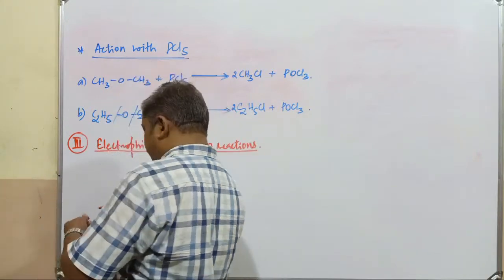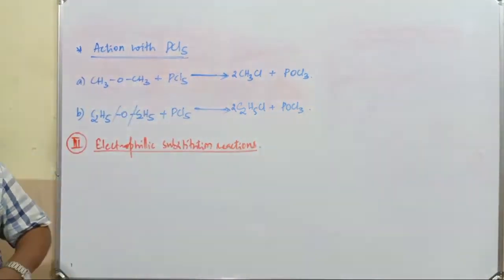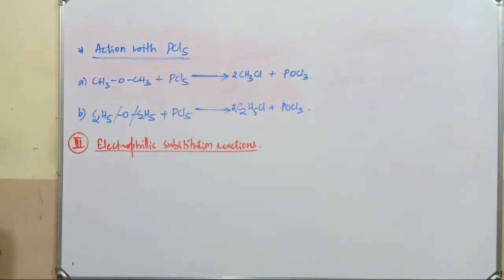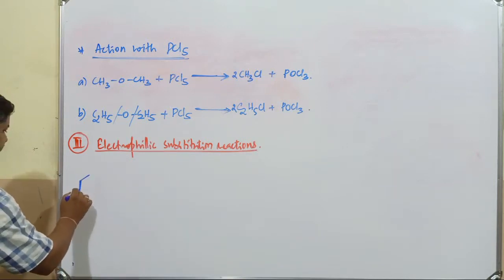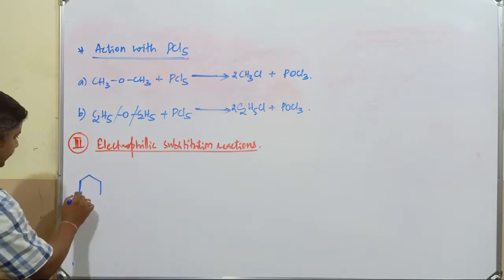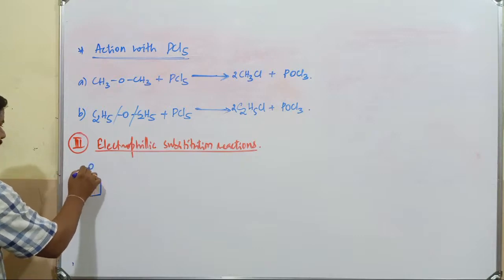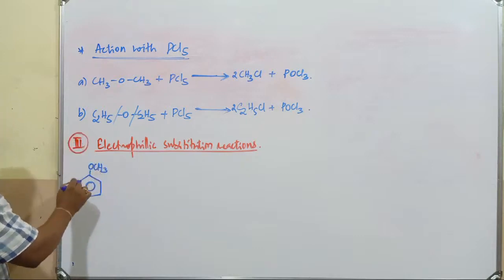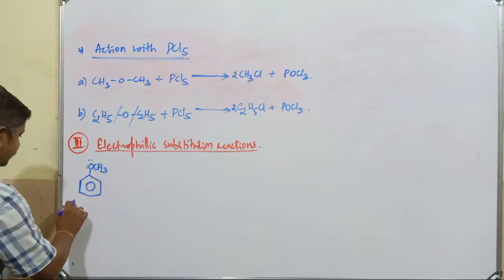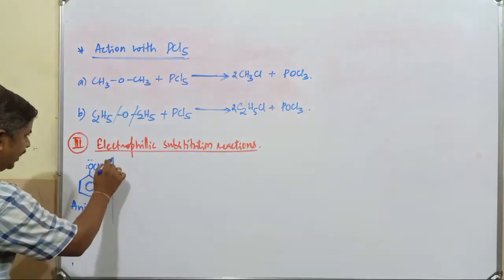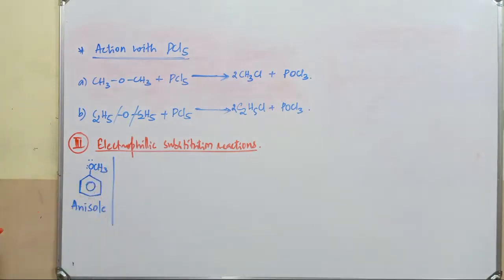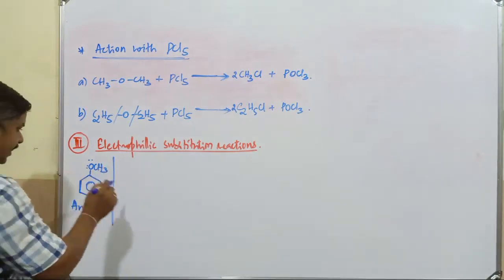Electrophilic substitution reactions: halogenation, nitration, and Friedel-Crafts reactions are there, the same type of reactions. The reaction is with which compound? The anisole compound, an aromatic ether, OCH3. This is anisole. Does it act as an ortho-para-directing or meta-directing group towards electrophilic substitution reactions?